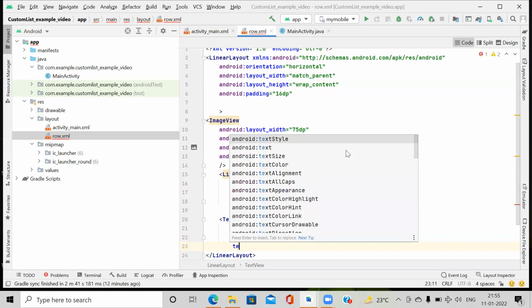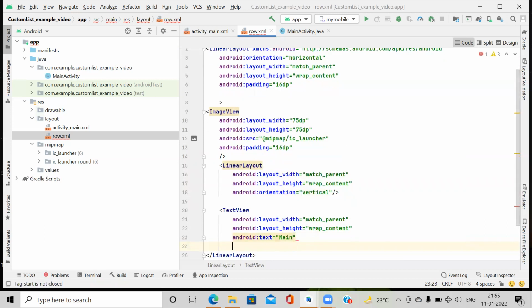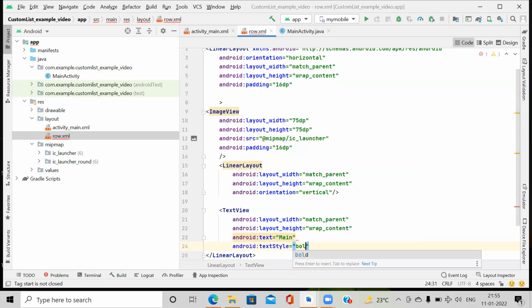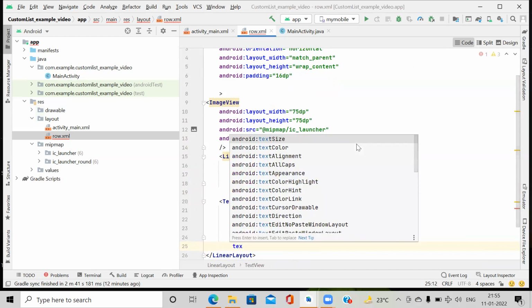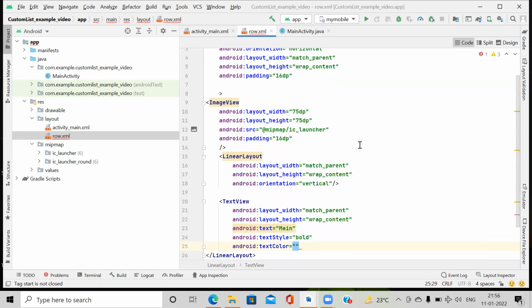Then we give it text. Here we first give the main, then text style bold, color hash 000, that is black.